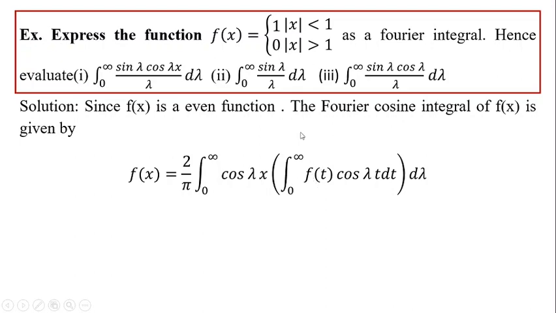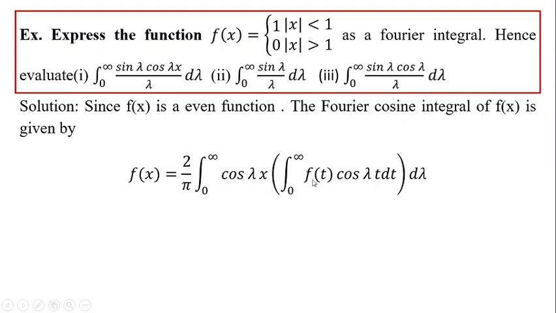So we need a definition of f of x. So what is the definition of f of x? That is 1 when x is between minus 1 to 1, and otherwise its value is 0. This I have explained in the previous video lecture with the help of a real line system. So you can understand the meaning of mod of x less than 1 very well from there. Right. So it is 1 when x is between minus 1 to 1 and 0 otherwise.